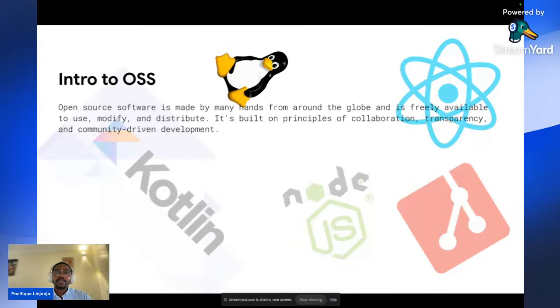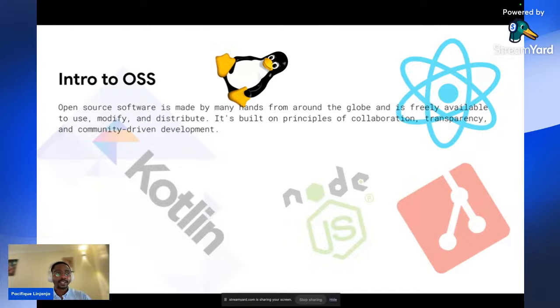But the whole concept of open source in general is that it's software that is open to everyone, so everyone can use it, modify it, and distribute it. We can have some differences when it comes to distributing.